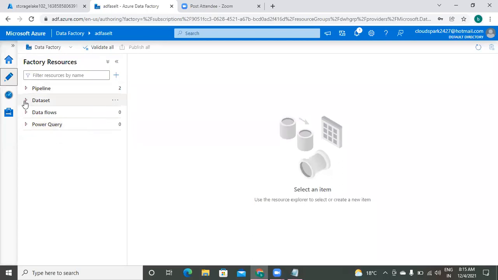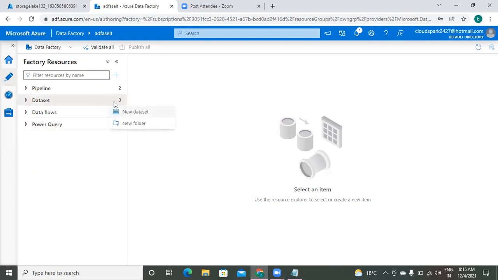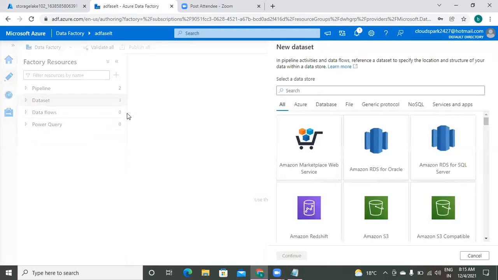Okay, come back to the second option. There are data sets. Already I have created some data sets. Forget about them. Now let's go for a new one. I'm going to create a fresh data set. On the right side, there is a 3 dot symbol. Just click on that. New data set.